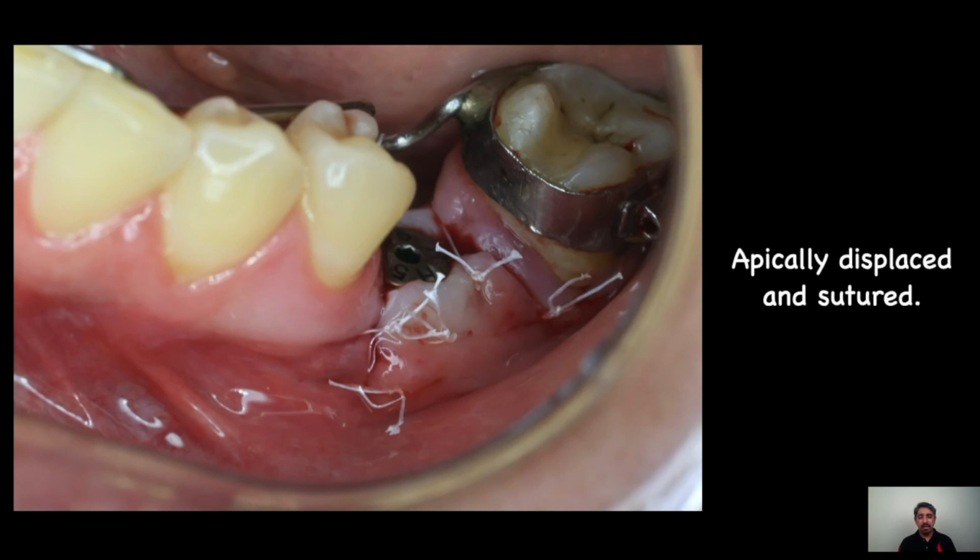At this stage, I've used a healing abutment which was 5 millimeters in length. However, subsequently, once the healing had taken place, since there was a little growth of the flap over the healing abutment, I went ahead and changed this with a 7 millimeter height healing abutment so that there was no further growth of the soft tissue over the healing abutment.